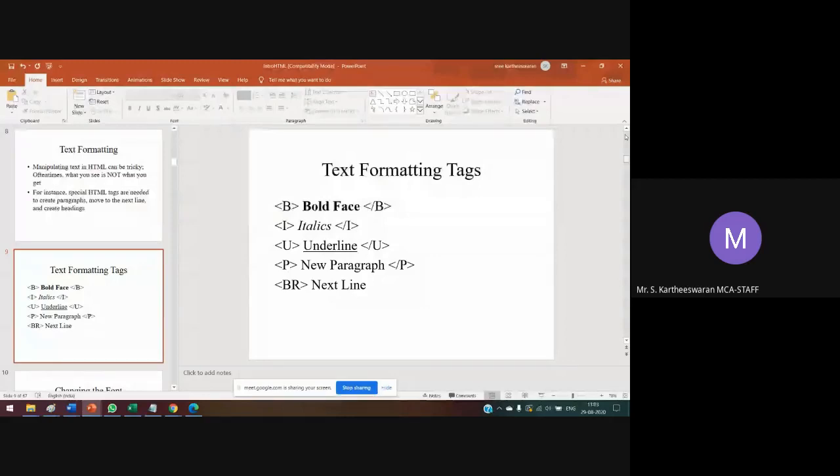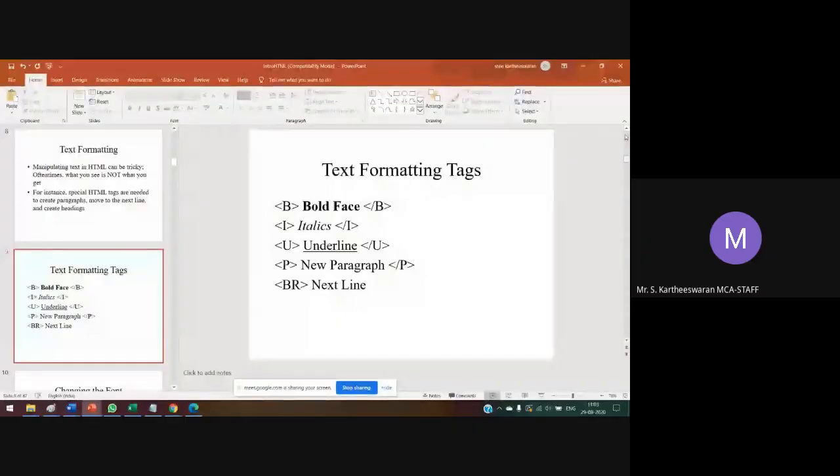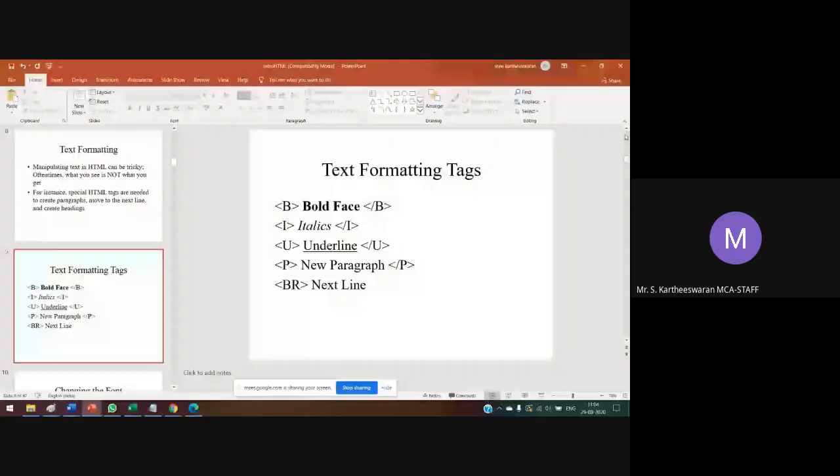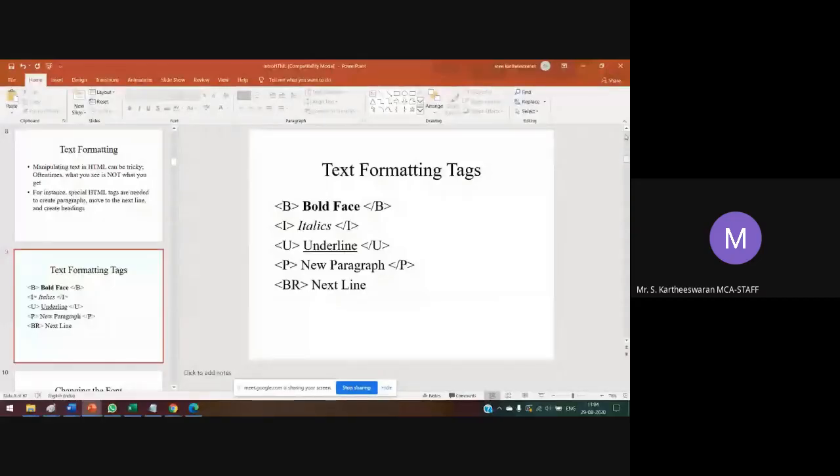The B tag is called the bold face of the font. When you provide bold font in web pages, you have to use the B tag, ending with /B. Then the italic tag is used for slanting the text, with I within angle brackets and the ending italic tag.